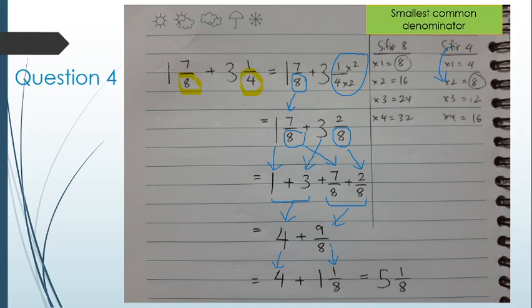And 9/8 is improper fraction. Okay, so change it into mixed number. So whole number 4 plus 1, 4 plus 1 is 5, so 5 1/8. So this is the answer, right? You get it? Okay, next one,